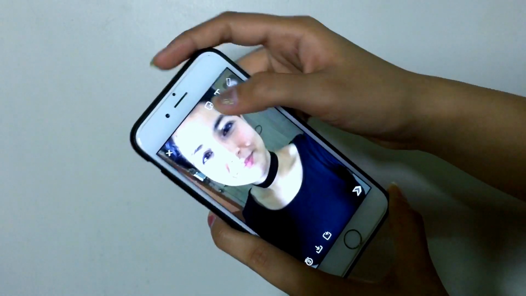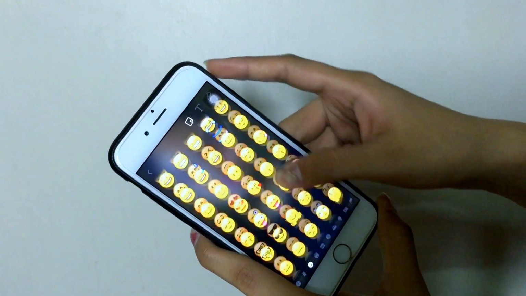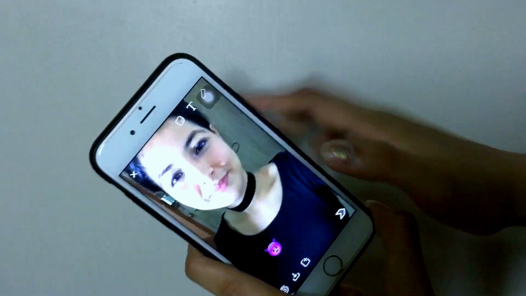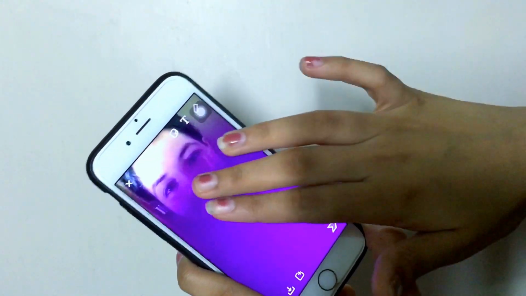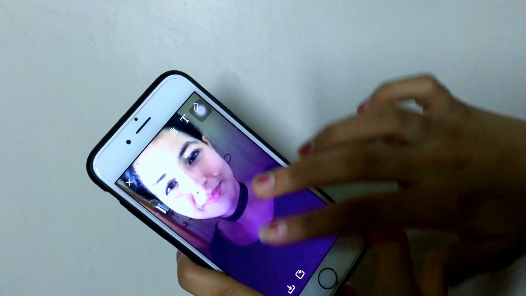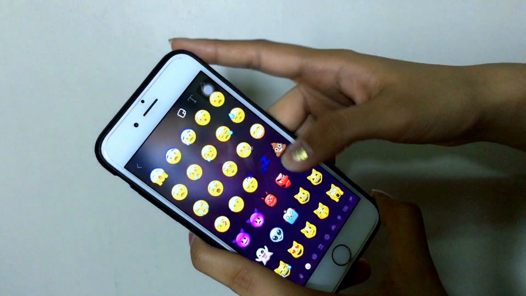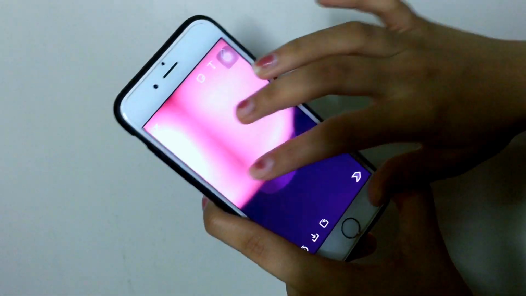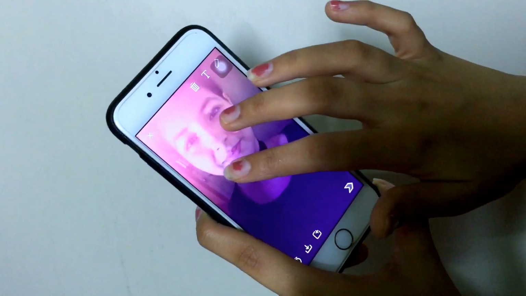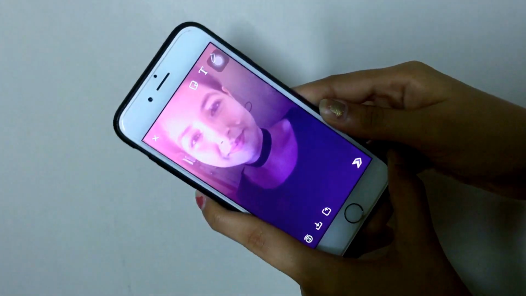For this, guys, just take a video or a photograph, select any emoji you want to. For example, I selected this purple one because I wanted a purple one. And now zoom it up as long as you can till it just becomes almost transparent, so you can see the picture but the color of the emoji still remains on the screen. For example, I'm selecting two of them so I can create a different ombre kind of a pattern. So I selected pink and purple.